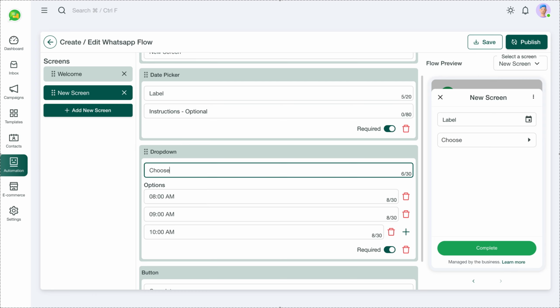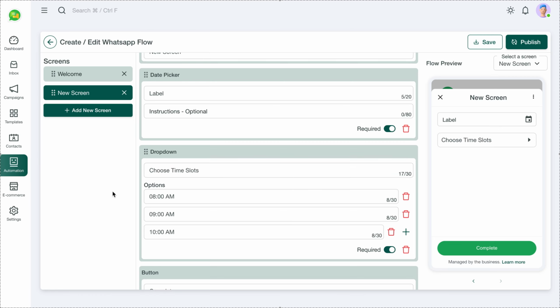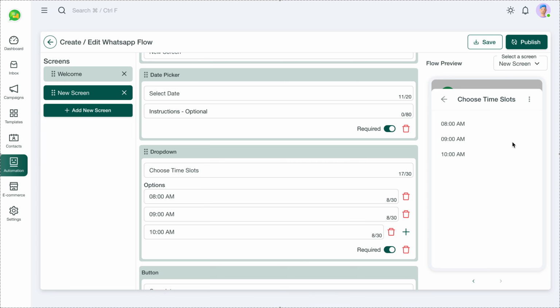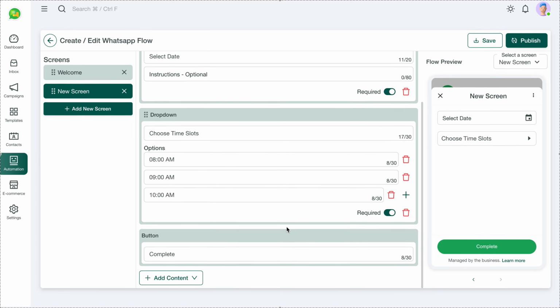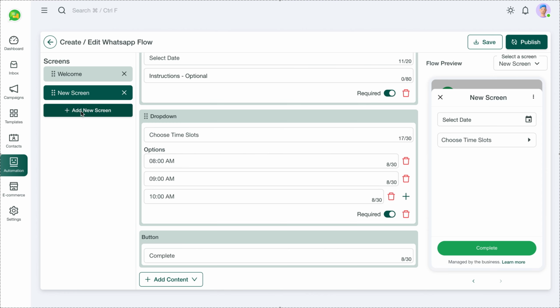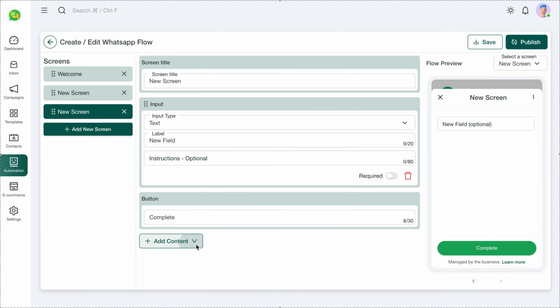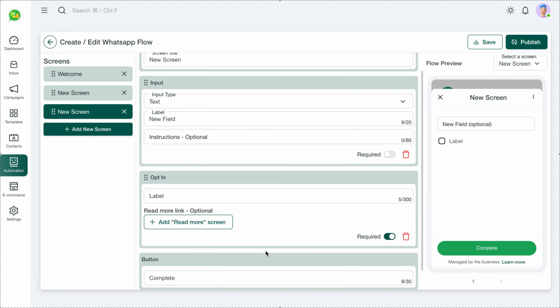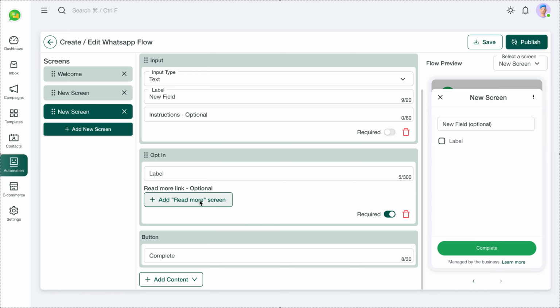Choose time slots. Okay, this would be select date. Okay, so this is how it looks like. You can open the calendar, and this is how your time option will become. Okay, after this, one more screen I want to add, which is confirmation. So confirmation is nothing but obtain, so like